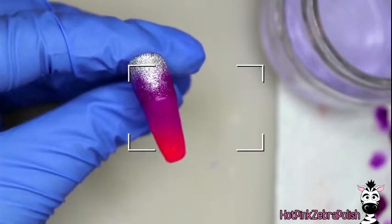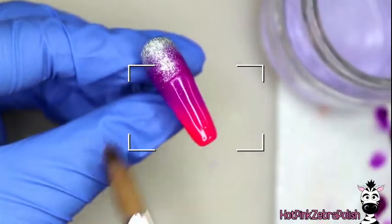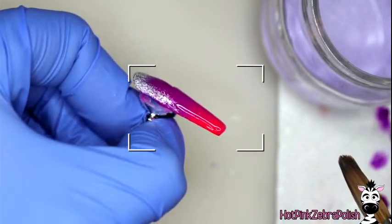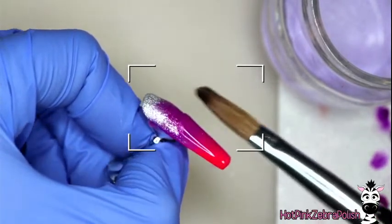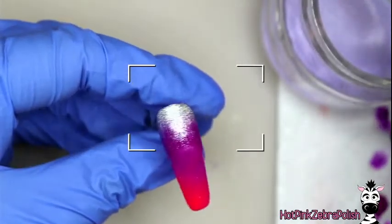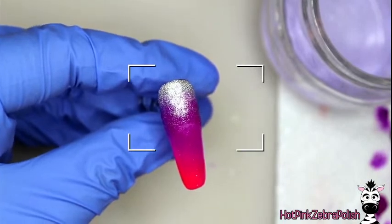Okay, so once we have that walked, I always call it walking it down the nail when I bring it down, you can see that filled in that dip on there. So now the next bead isn't necessarily to build up much of this area, just a little bit to build up that apex, but really to smooth this out and protect that silver glitter. You want to have clear acrylic over the whole thing, but it doesn't need to be as much. So we're going to do this in one more